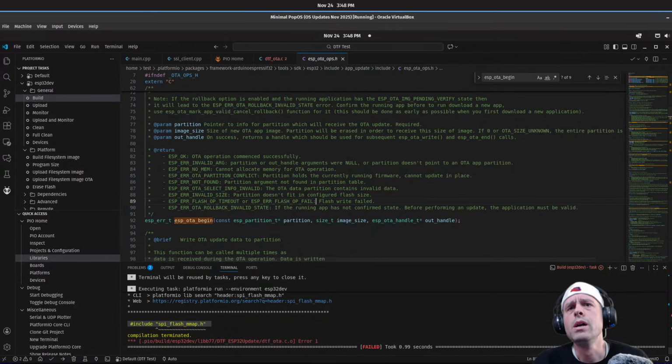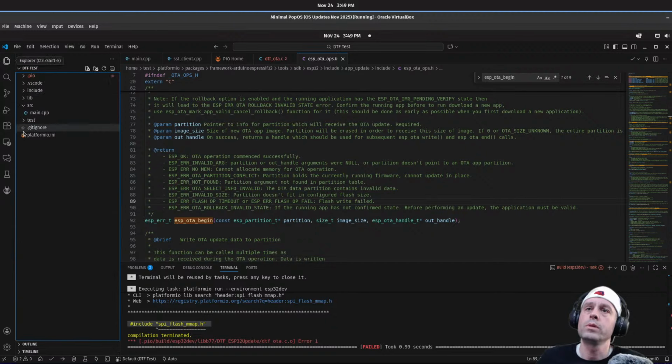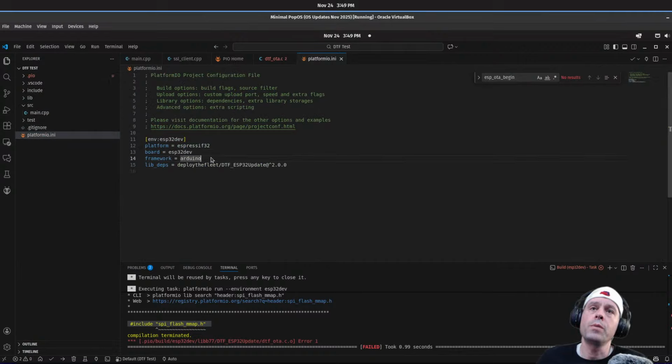And so I did find out that there is a way to do custom builds. But now from a customer standpoint, I have a customer trying to use my library. It doesn't work in PlatformIO. The easiest solution is to say, well, come back to your PlatformIO, change your framework from Arduino to ESP IDF, and then you can just build it with the IDF, and you can choose your version, and everything will be happy.